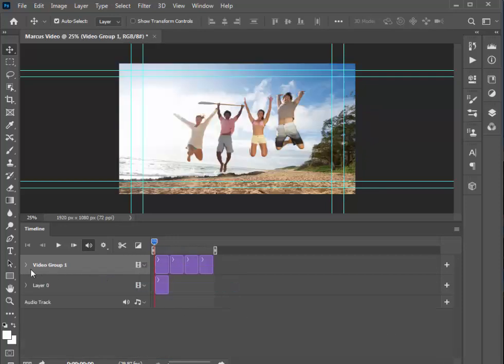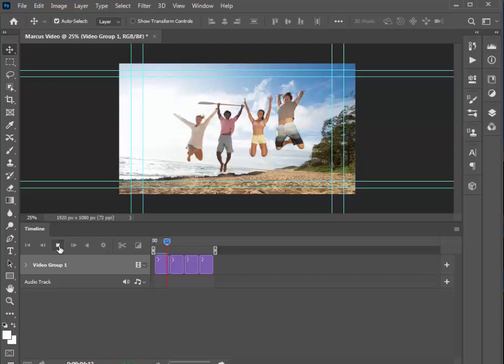So that creates a video group. It removed the additional 3 tracks, and we've got this empty layer here we no longer need. So I'm just going to click on this layer here. I click on my little film reel again, and I choose delete track. So now we can take a look at what this thing looks like. If I just hit my play button or my space bar,